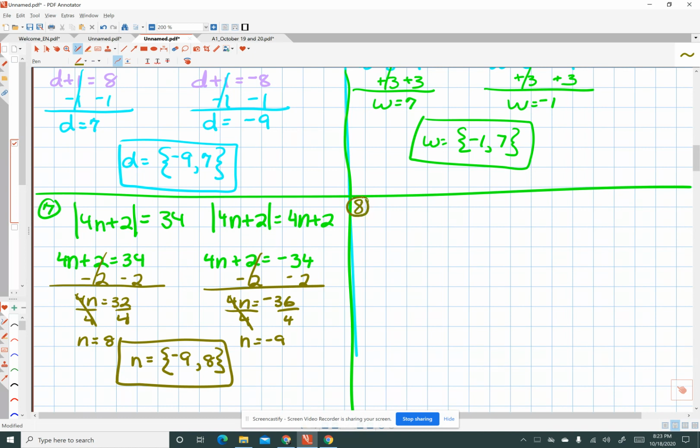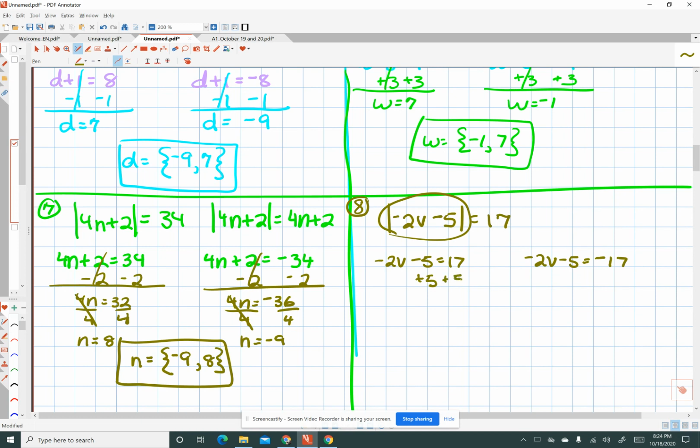And let's do one more before we go to your notes. The absolute value of negative 2v, be careful, minus 5 equals 17. This is already isolated, so we'll set it equal to positive and negative 17. There's our negative 17. So we'll add 5 to both sides of the equation